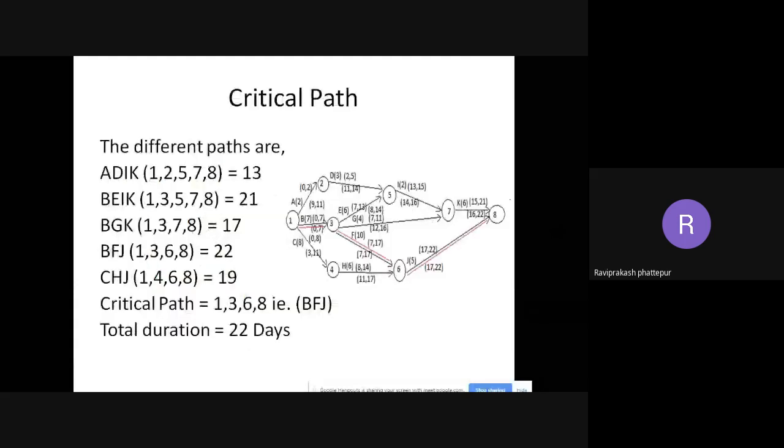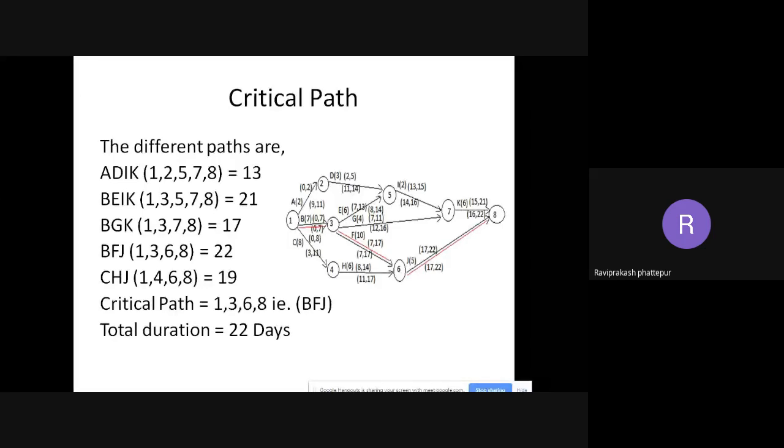If you see here, I have marked it. You have to mark like this: one more line needs to be drawn to show the critical path. So draw one more line from 1 to 3, 3 to 6, and 6 to 8. This represents the critical path. For you to understand, I have drawn it in red. So the critical path will have 2 lines: one arrow and one more line.